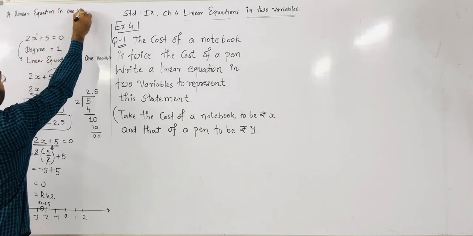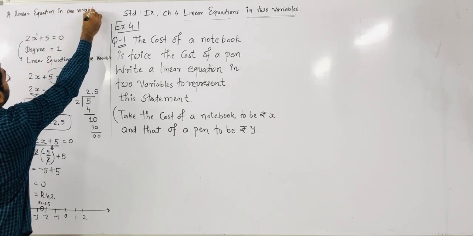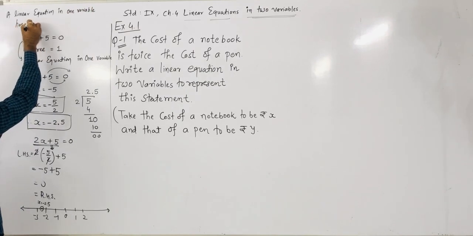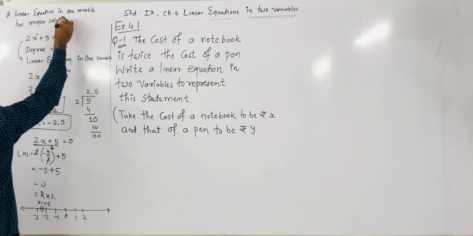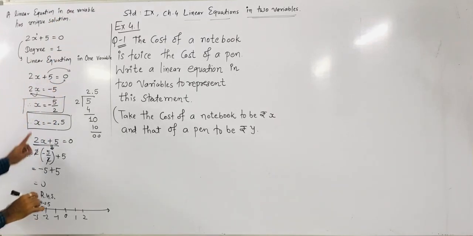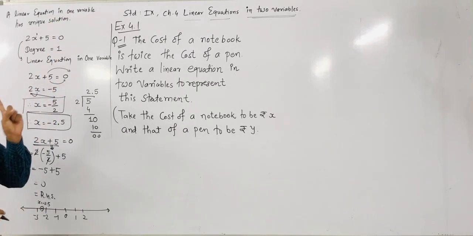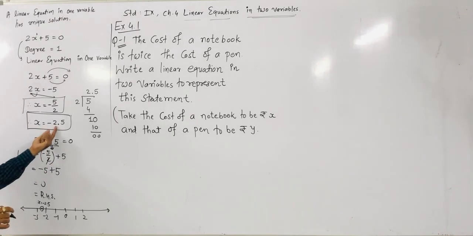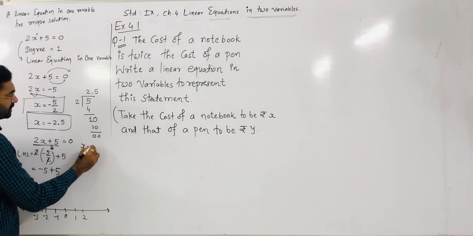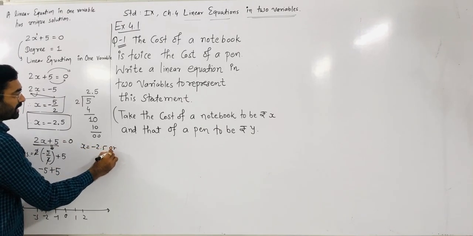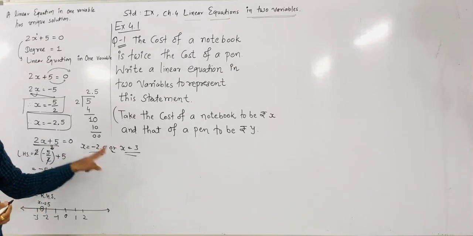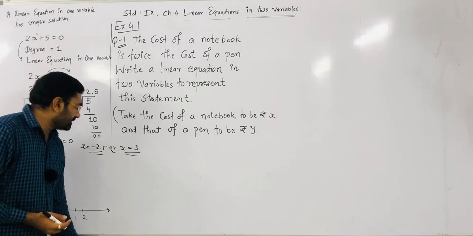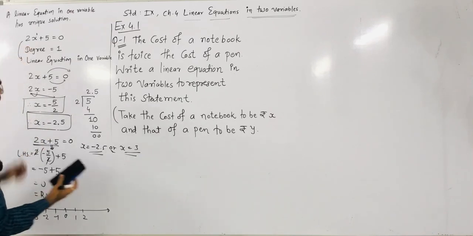has a unique solution. Unique solution means only one solution. Exactly one solution we get. The x value we get is exactly one value, right? Only one value we get. Here I do not get x equal to -2.5 and also x equal to 3. That way we are not getting two values. Only one value we get. So we can say it is a unique solution of the given equation.